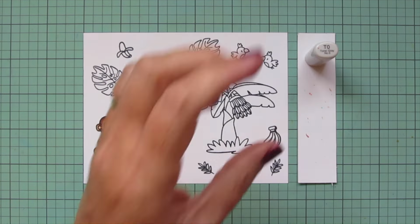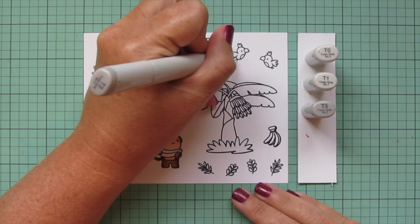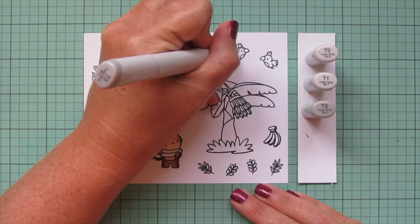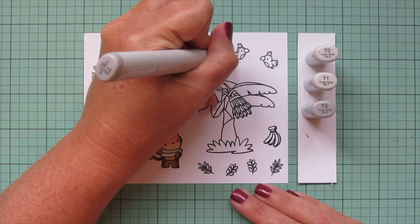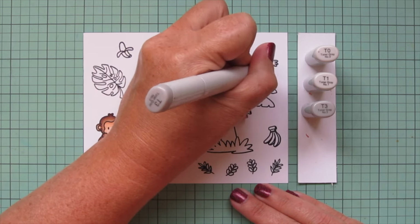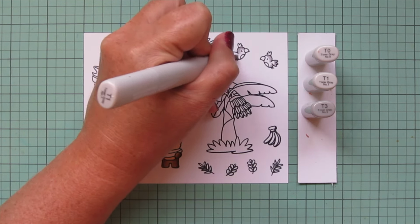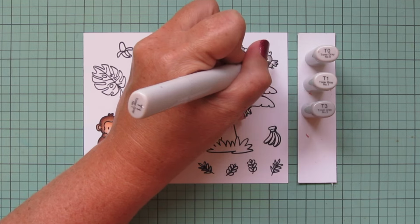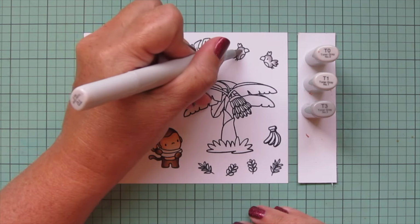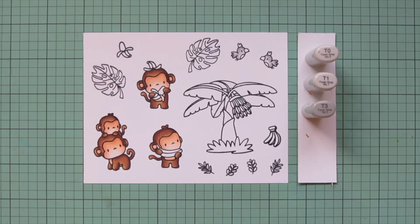Then I'm going to move up to my little birds, and I decided to make them gray parrots because this stamp set reminds me of the year that my husband and I lived in Africa. We lived in Cameroon, West Africa, with our newborn baby. He was 3 months old, our oldest, when we went there. And he was over a year, and I was already halfway through my pregnancy with my second son when we